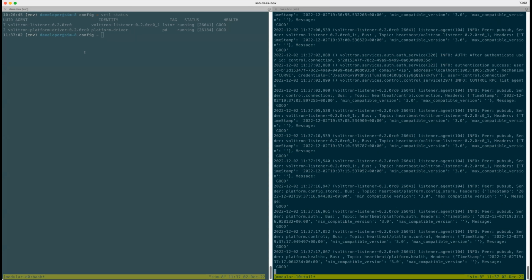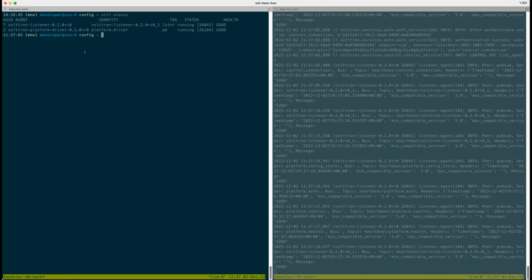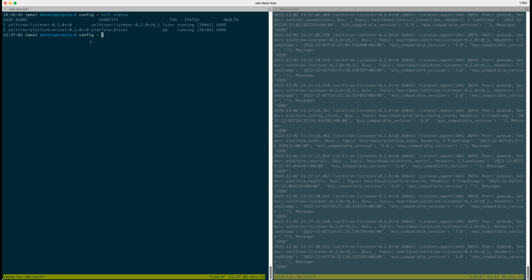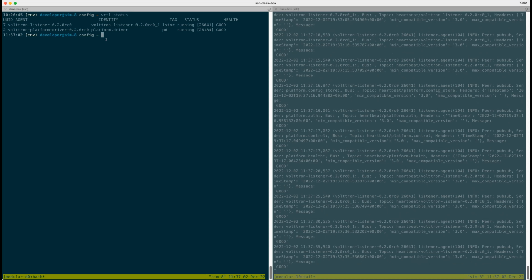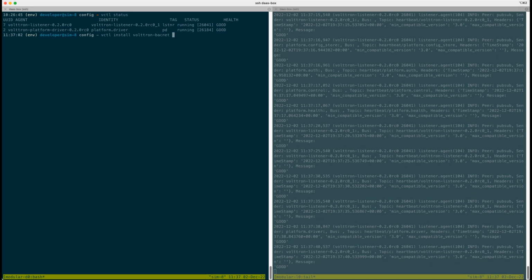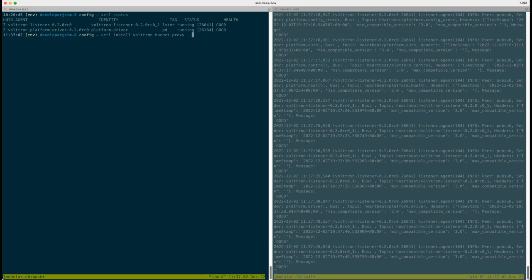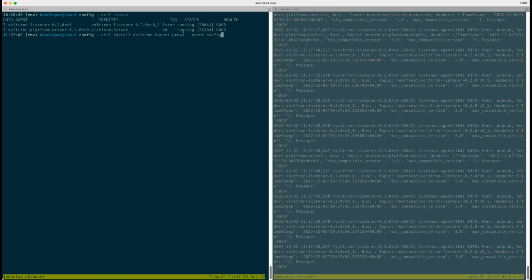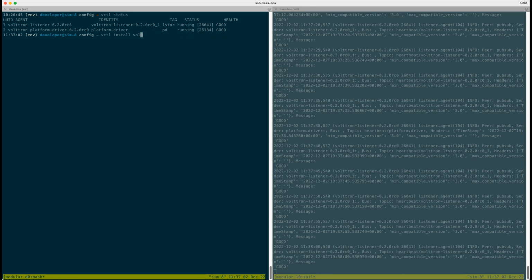So I'm going to demonstrate the case where you want to install a BACnet driver and use it to connect to a real BACnet device. The first step is we need to install a BACnet proxy. Ideally, you would do vctl install volttron-bacnet-proxy, and then give your agent config, the path to your agent config. But since it is not currently published on PyPI, I'm going to have to install it from my local or working version of